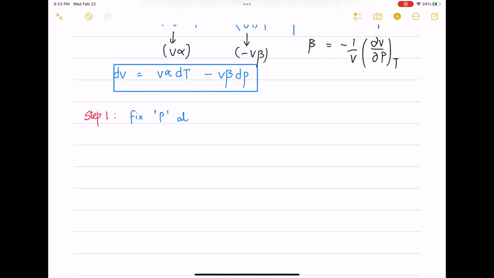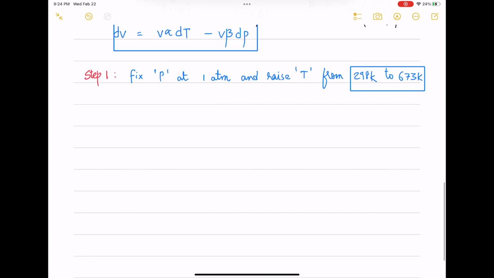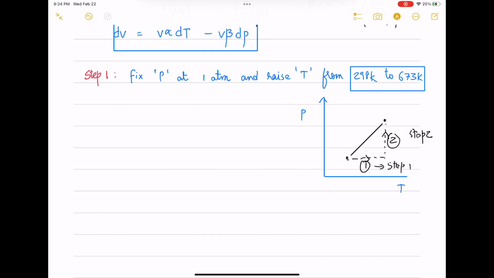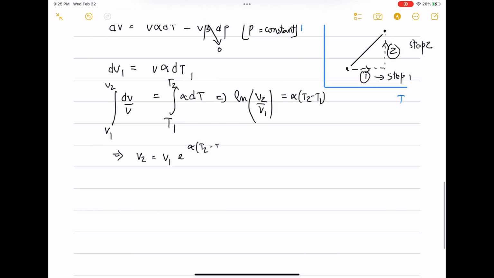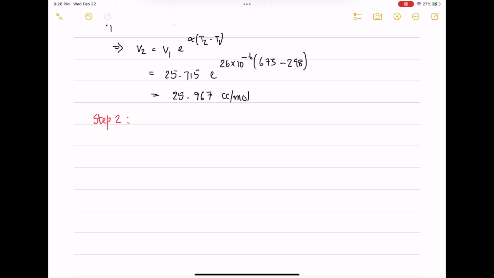So in step 1, what we do is we fix the pressure at 1 atmosphere and raise temperature. So this is an isobaric process, and then we'll follow an isothermal process in step 2. At fixed pressure dP is 0. So we have dV equals V alpha dT. We integrate the initial and final conditions for step 1, and we have final volume equals V times e to the power alpha delta T. So we input the numbers and we get the volume has increased,